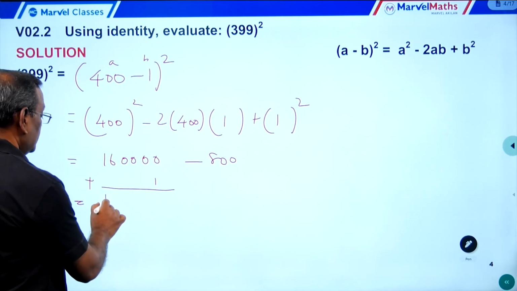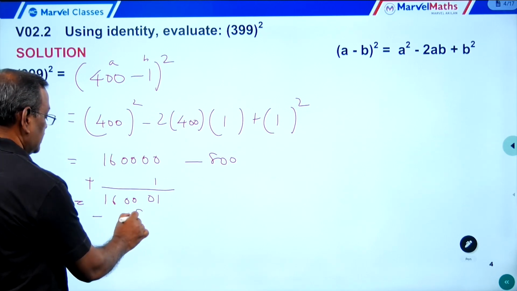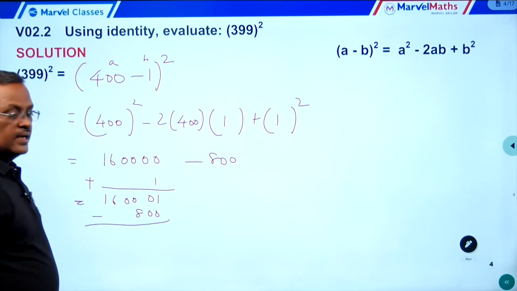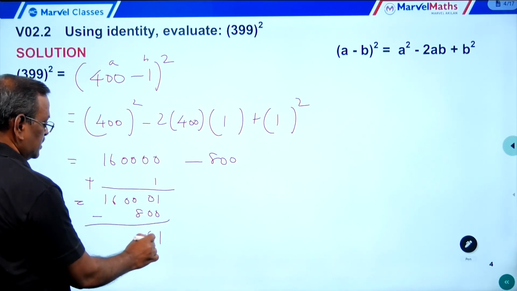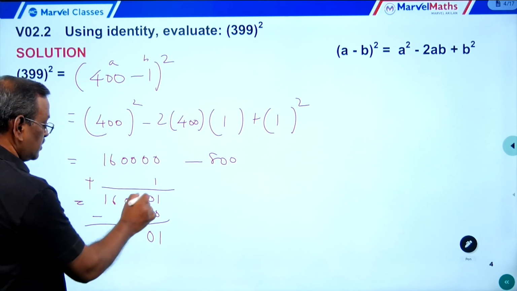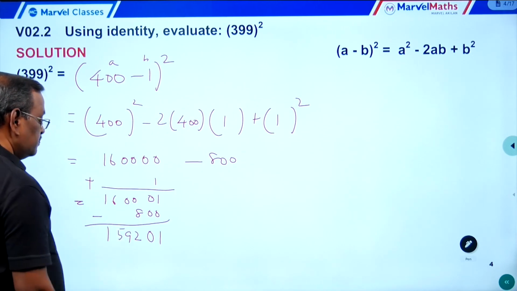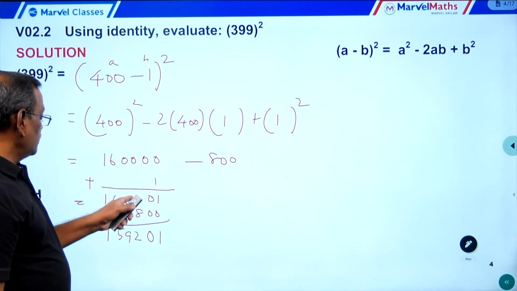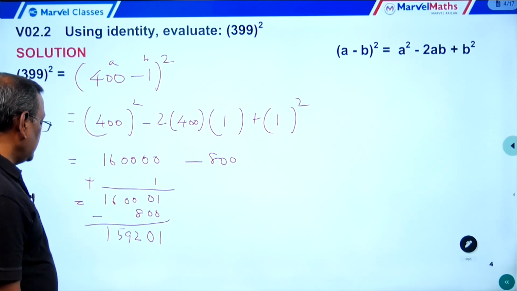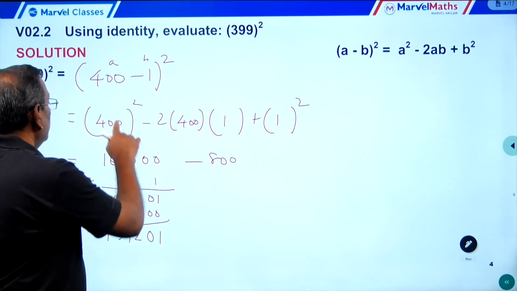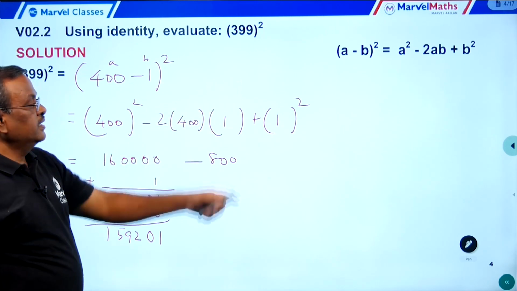So what is the value now? 160001 minus 800. So what is the value? Subtracting, we get 159201. So very important: rewrite this 399 as 400 minus 1